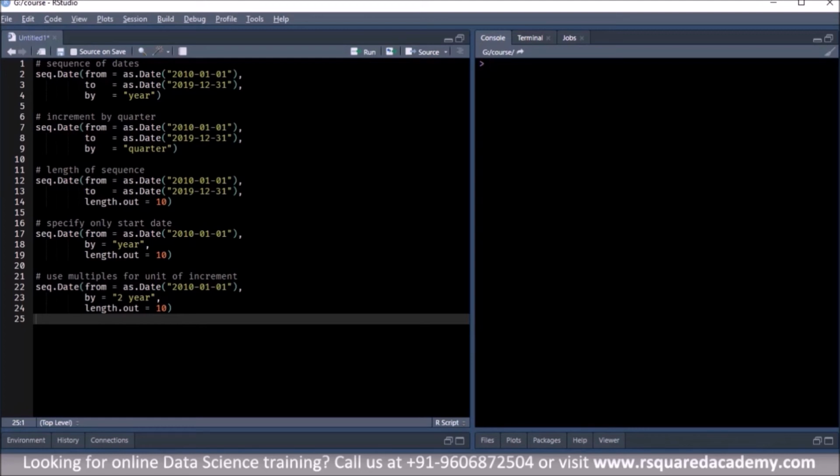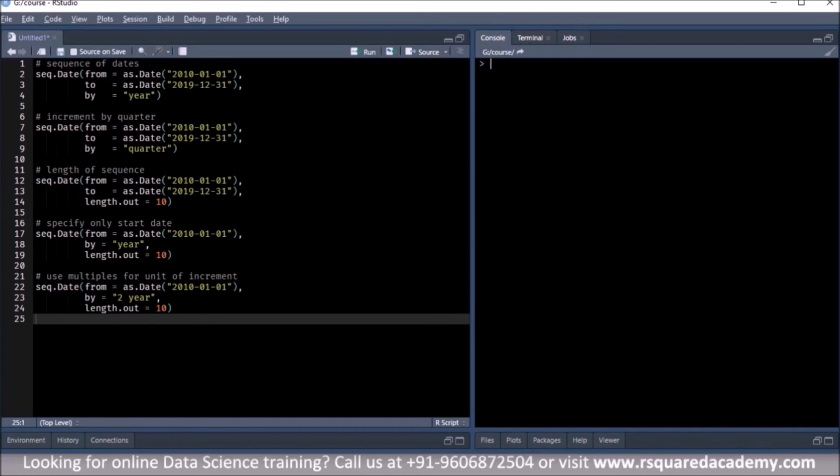Okay, and we achieve this by using the negative sign along with the unit of decrement. So the sequence of dates in the next example will start from 2010, but instead of going to 2020, 2019 or 2022, it will go to 1992, because we are not going forward, we are going backward,